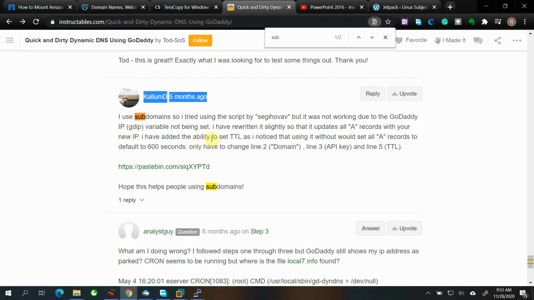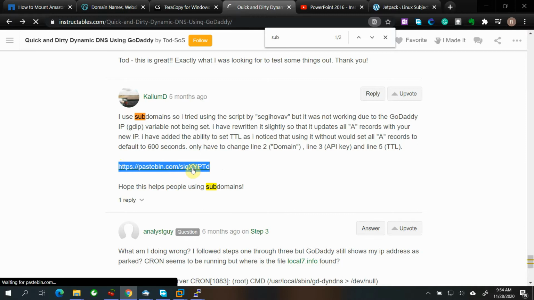Because my main IP goes to our site Linux SME, and whatever subdomain points to my cable modem and my other dynamic IP kind of stuff. So the beautiful script he openly provided here from the Pastebin link. This is the link, and I will give you this link below. So just freely copy it.